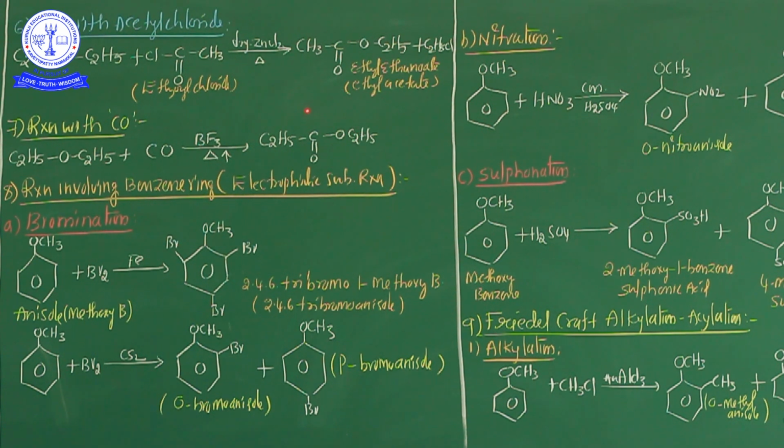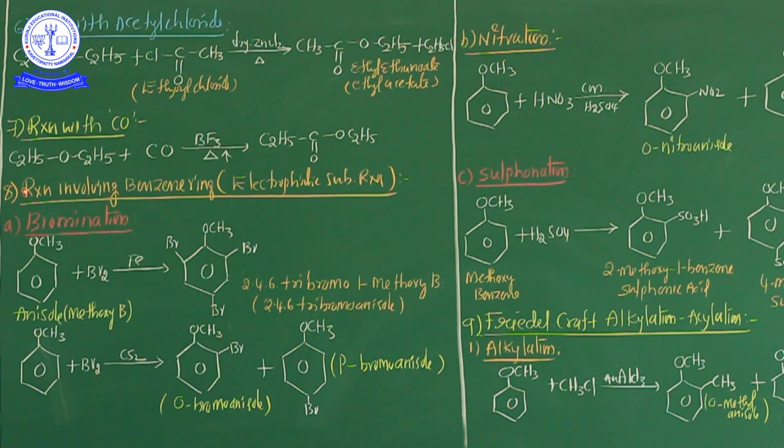Now see, ethyl ethanoate. Why is it called ethyl ethanoate? This part is ethyl, and this part is ethanoate. Counting carbons in this one, 1, 2, 3, 4: 4 means 2 plus 1, 3 means propanoate. Ethyl propanoate is formed. So this is the most important reaction with carbon monoxide. These are the general chemical properties of ether.